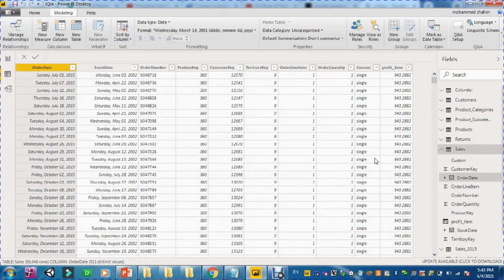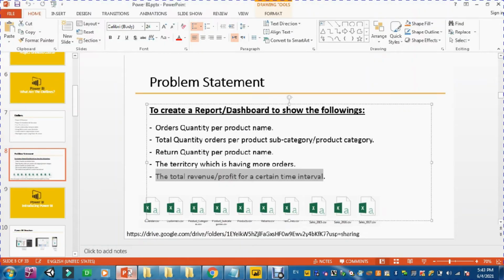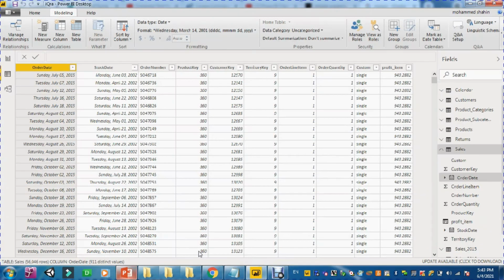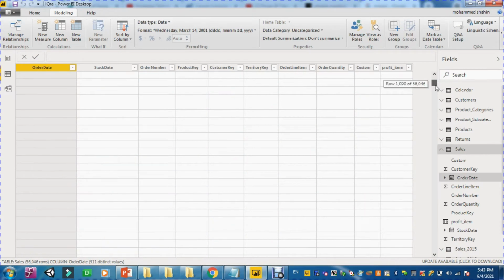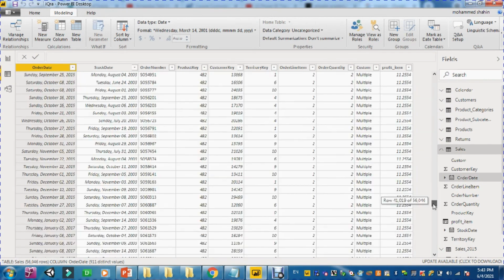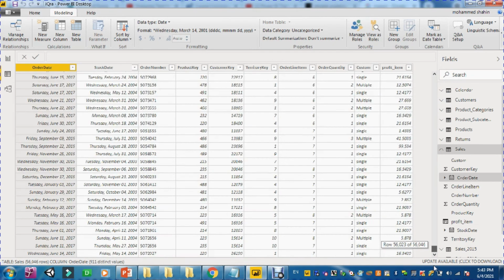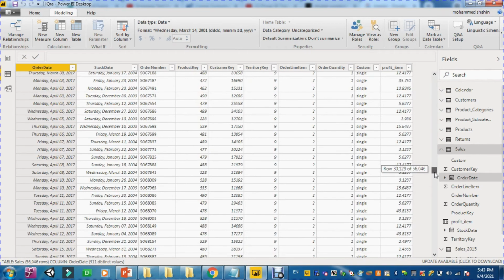Now you all agree that this is still a profit. Yes, this is a profit, but it is per order quantity, right? What was the requirement here? It was the total revenue for a certain time interval. Maybe for the whole 3 years I want to know what the total revenue was. In this case, we need to look into the sales order here. It's actually 2015, 2016 and 2017, right? Fine. So now what we will do is